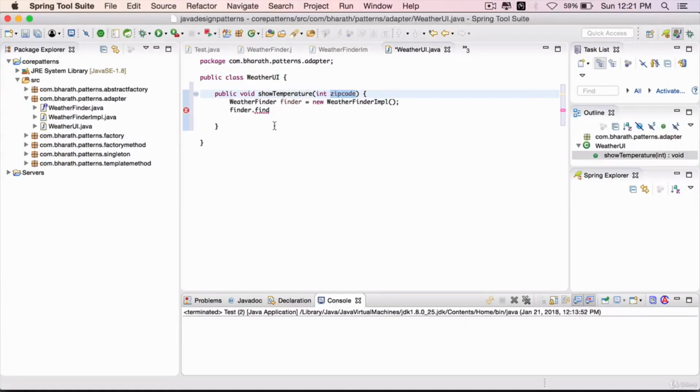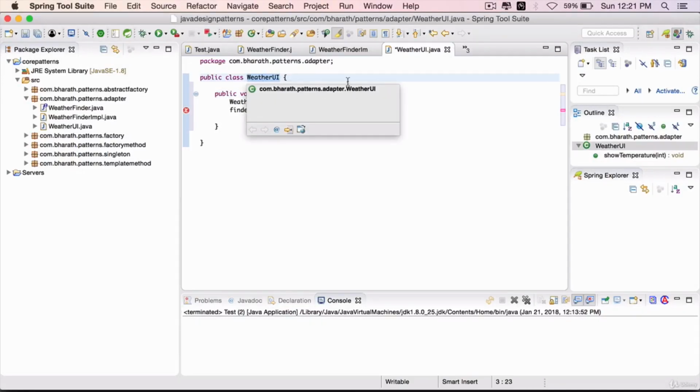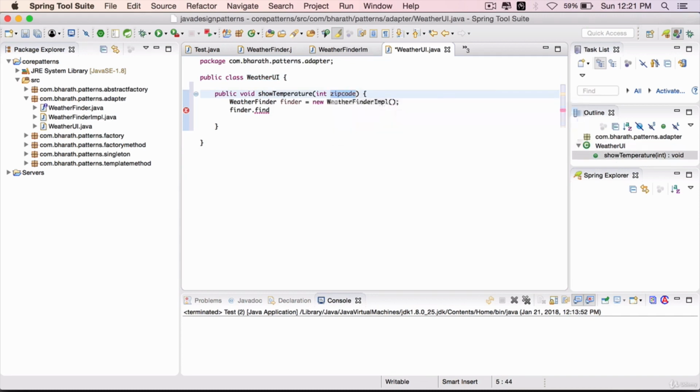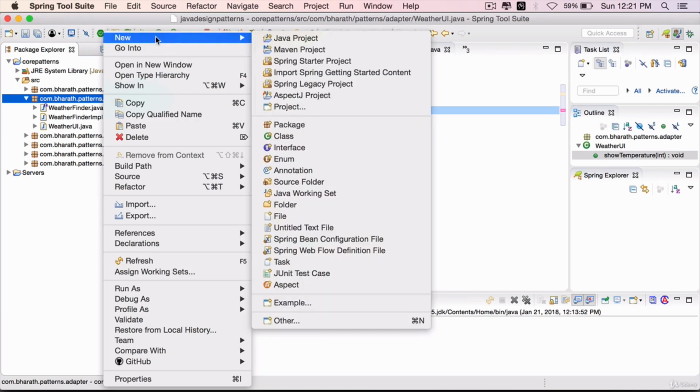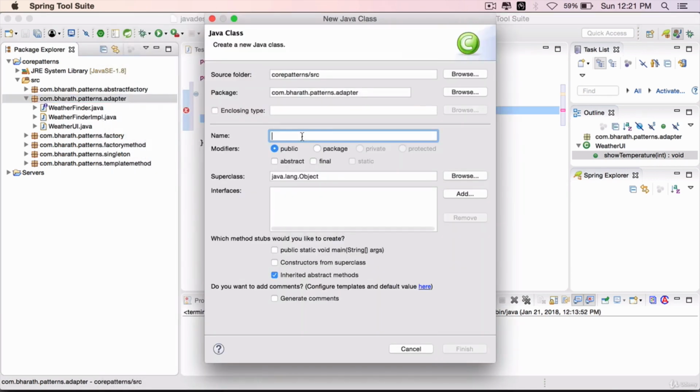In the previous lecture, you have seen that our UI gets a zip code and it needs to get the weather for it, but the weather finder itself requires a city. So instead of doing all that conversion from zip code to a city inside our weather UI, we do that inside an adapter class. Right click on the package, new class, call it weather